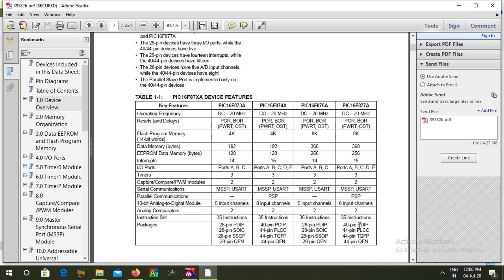It has 40 pins. The next thing we have to know is which pins are used for the analog to digital converter in this controller. To know that, let us see the pin diagram.